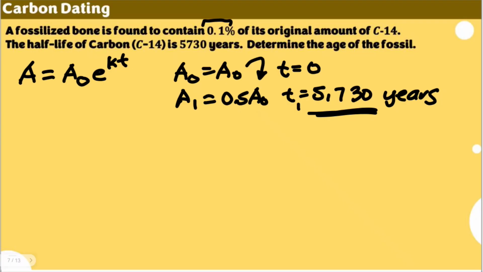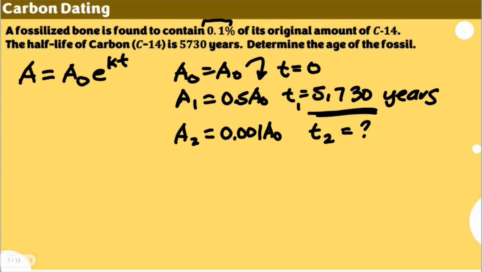We are asked about the number of years for the situation where only 0.1% remains. So 0.1 percent is actually 0.001 of the original amount that remains, and we're going to identify the number of years it took for that to happen, which corresponds to the age of the fossil. For a table, you can structure it in this manner: